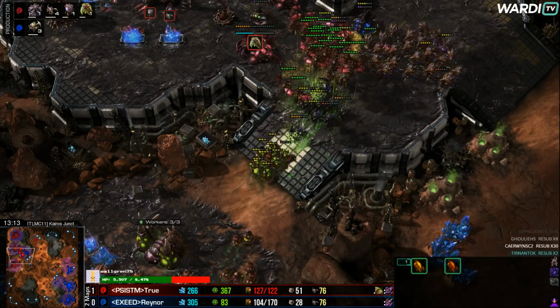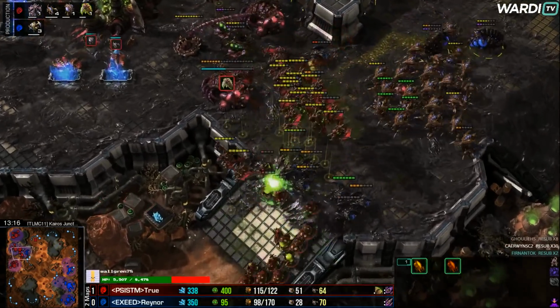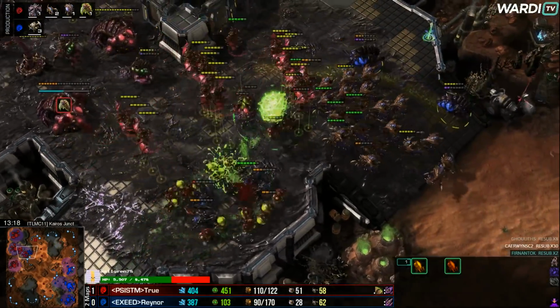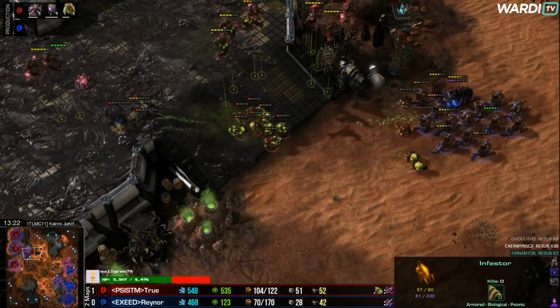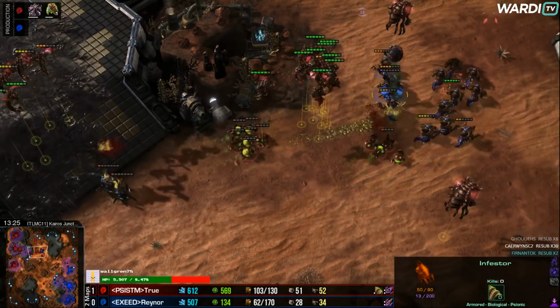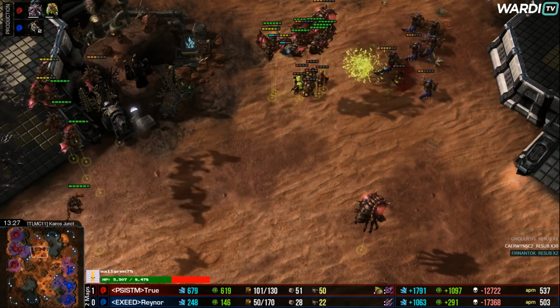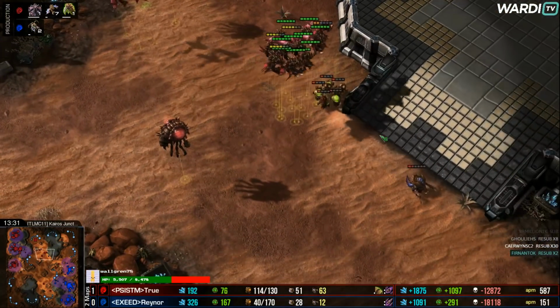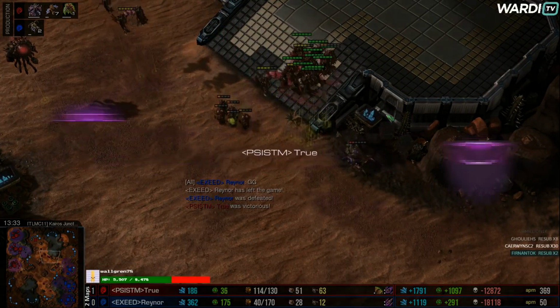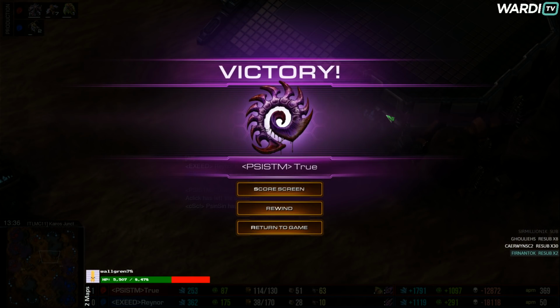First Fungal Growth lands perfectly on the first few Banelings, and now on the Mutas, which are going to take a lot of damage as well. Needs to split these Hydras against the Banelings, though it's going to be difficult. Oh, another Fungal connects. He still needs to do some splitting. He just needs one more Fungal. He drops Infested Terrans. True's going to do this. He's going to 2-0 Reynor. He's going to win both of these maps. GG, True takes game number 2, and hence the